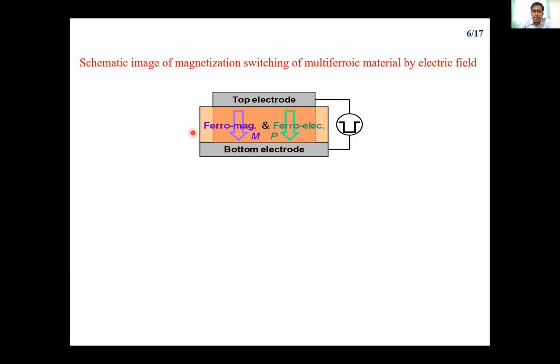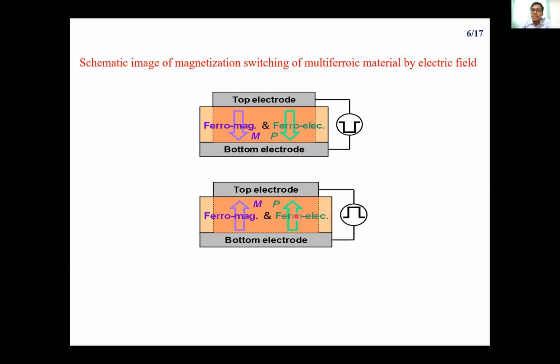Okay, let's see how it will work. As I already discussed, by changing the polarization direction. In this case, this orange part represents our multiferroic thin film, and these are the electrodes. If I change the voltage direction, then the polarization direction will be changed. Accordingly, the magnetization direction will be changed. That will lead to a different bit. So we can save data by means of our multiferroic thin films in the writing elements.